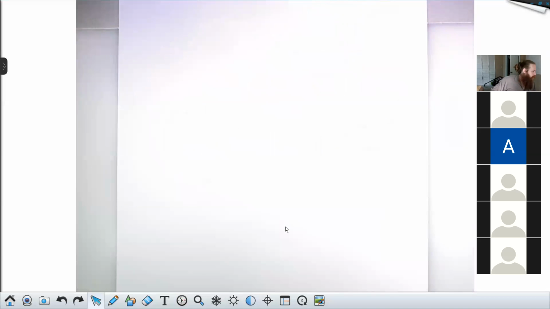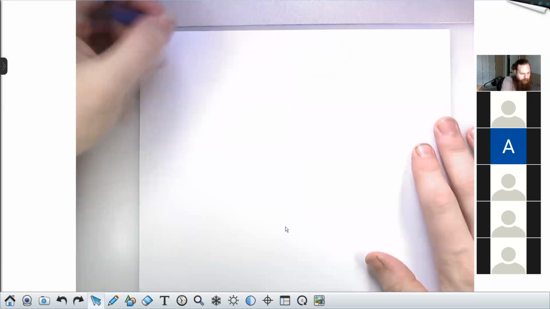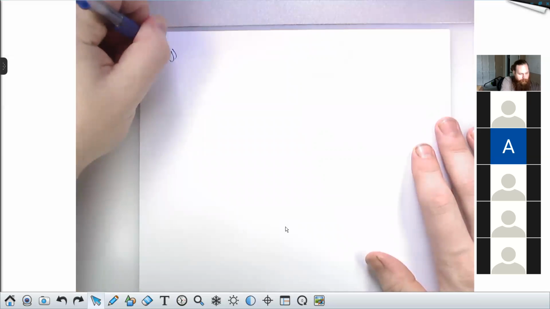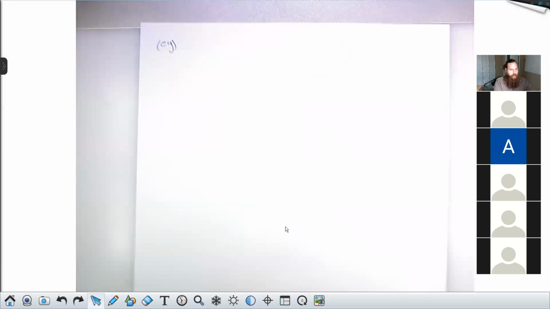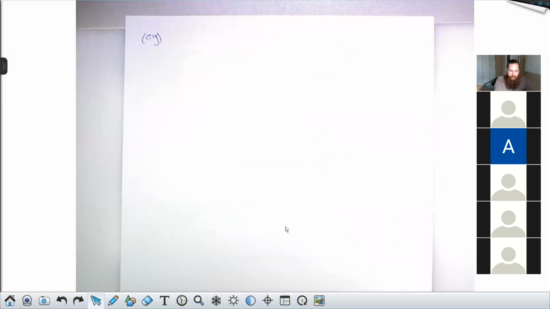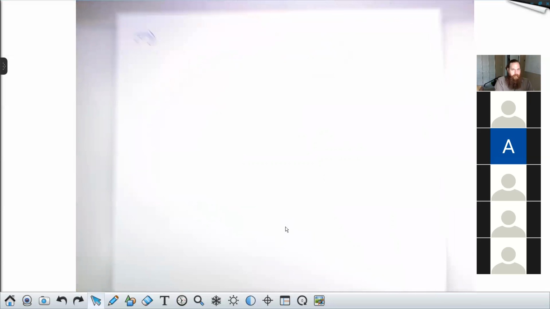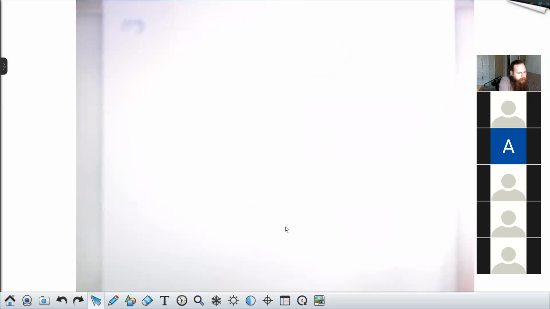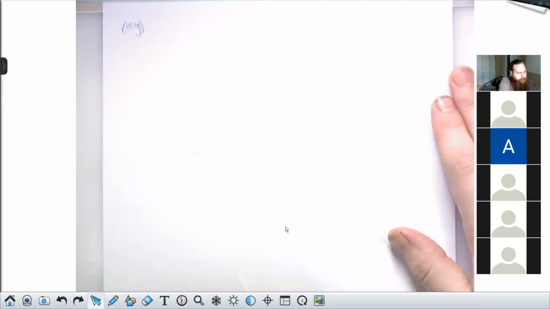So let's look at a slightly trickier example. I'll precede my examples with the abbreviation EG, which is Latin for exempli gratia, here's an example. Many examples exist. Let's try something like,